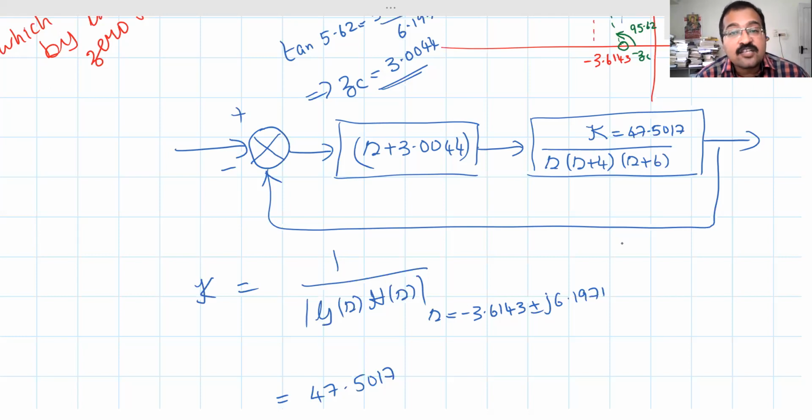So now we will take up a lead compensator. The problem with the lead compensator is that there are no unique solutions. There can be infinite solutions, because it gives only approximate performance when compared with a PD compensator. The PD compensator is unique. We got one specific value, s equal to minus 3.0044. That was fixed. But in the case of a lead compensator, which is an approximation, there can be many solutions. So we will now take up a lead compensator design. Let us take up a question.